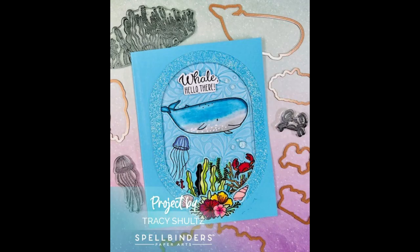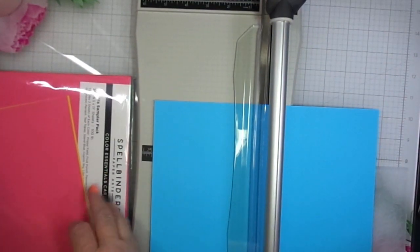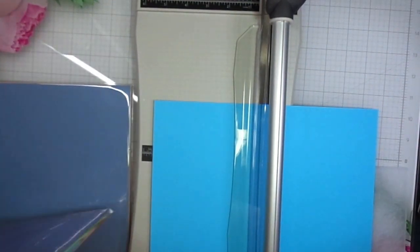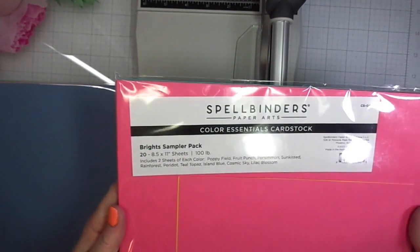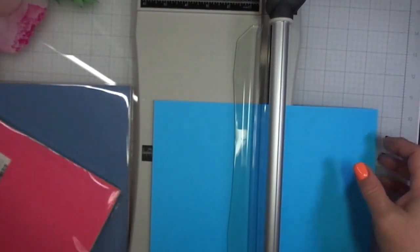Let's get started. Here's a photo of one of the cards that I made, and here's a photo of another card. I'm going to start with the 2D embossing folder. It's called Splish Splash. In case you didn't notice, this is an aquatic or ocean themed bundle this month, and